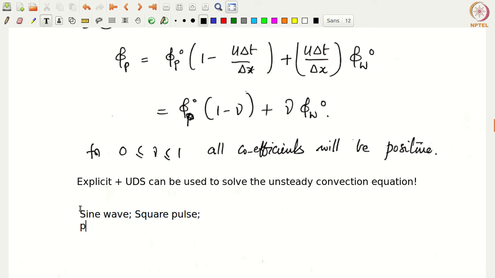Now we assume that we have, let's say, periodic boundary conditions. What does that mean? That means that in the x direction we have periodic boundary conditions. So if something is leaving the domain through one side, it will come back through the other. If it leaves the right hand side, it will come back through the left hand side. That is a periodic boundary condition. That's what we implemented in the code. So how do you implement a periodic boundary condition? You implement it by saying that your east neighbor for the cell that is near the boundary would be the same as this guy on the left hand side here.